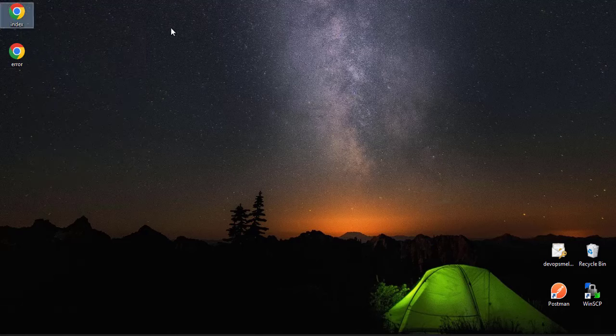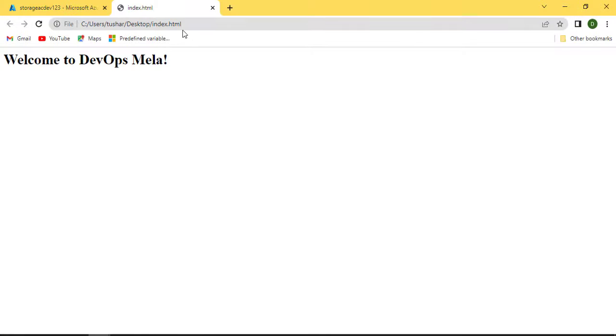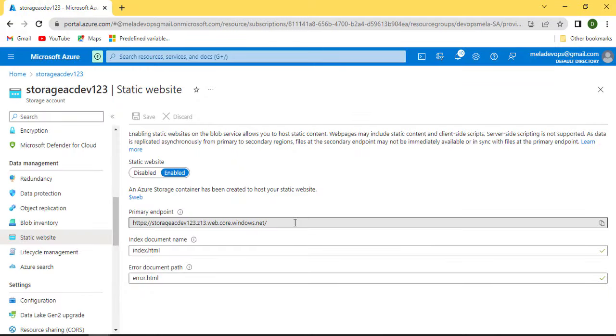Okay, this is good now. It's working. Let's test it once. Yeah, perfect. Okay, now this is the link, the primary endpoint through which your web pages will be visible